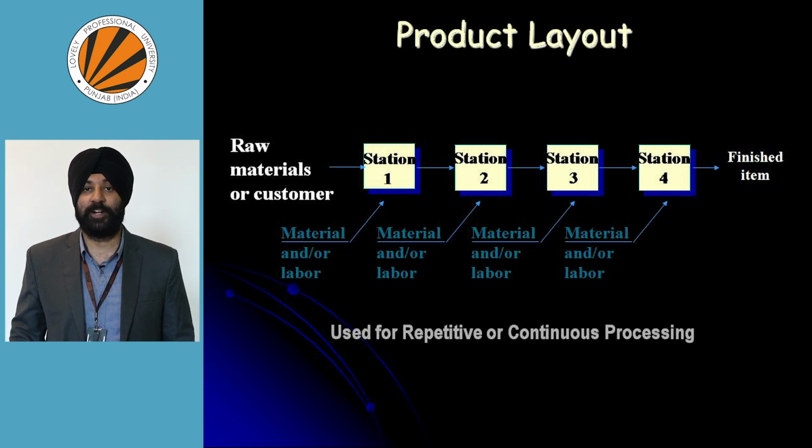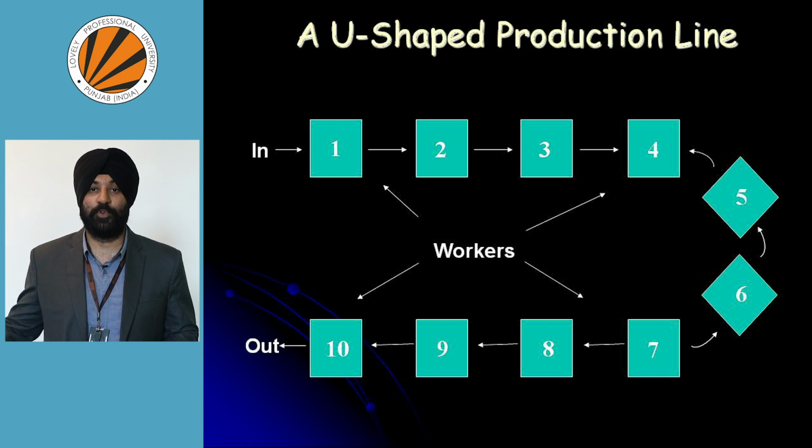Product layout is a type of layout where various machines or workstations are organized in a particular sequence or order. The raw material or the input is given at the first process or the first workstation or machine, and then continuously, most likely with the help of a conveyor belt, the processing will be done on machine 1 or workstation 1. After the processing of a particular task of the production process, the conveyor belt will move the goods from one unit to another, from one machine to another. At machine number 2, there will be a repairman who will perform his task, and then the goods will move to machine number 3.